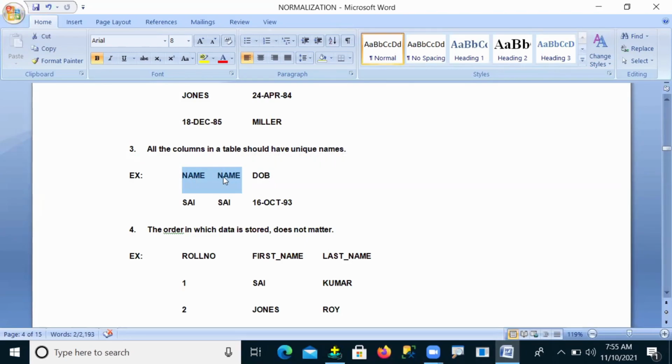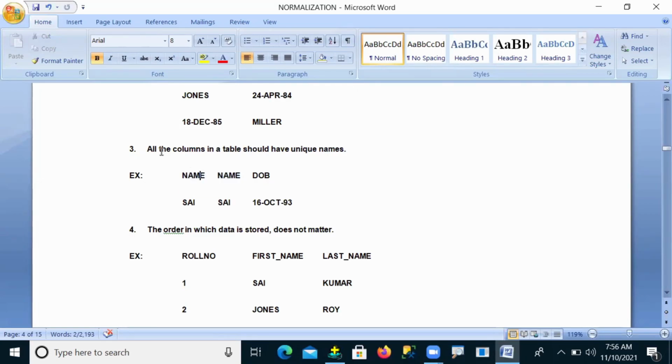Can I say these two column names are the same now? Yes or no? Okay, yes.